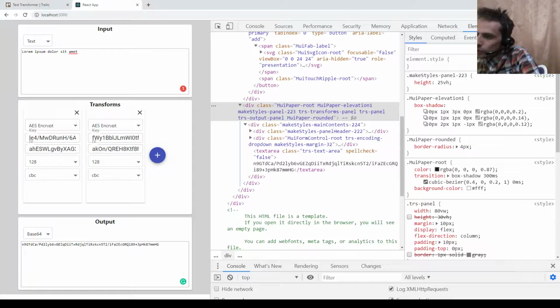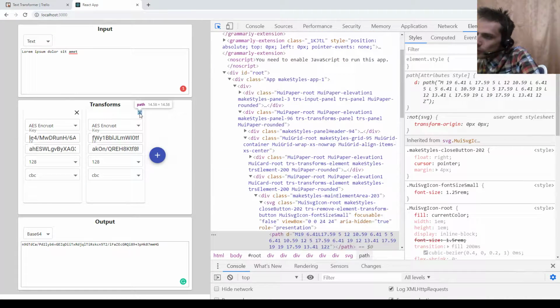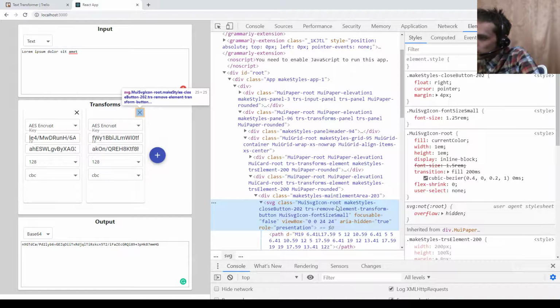Now what I want to do, I want to remove this second panel, right? So how do I remove it? I need a selector again.